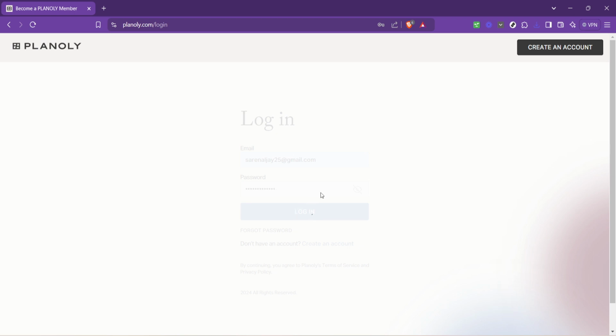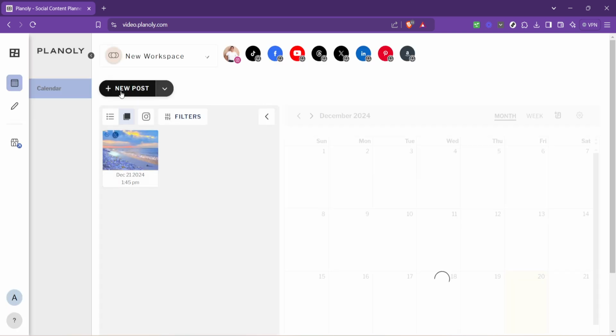Now it's time to create your post by clicking on New Post. This option is tailor-made for adding fresh content from images to videos, making it a key step in posting. The Select Channels option is your next destination. Here, you can decide where you want your content to go live. For our purposes, let's say you're focusing on TikTok. Click on the TikTok icon to ensure your music-laden post will make it to the right venue.